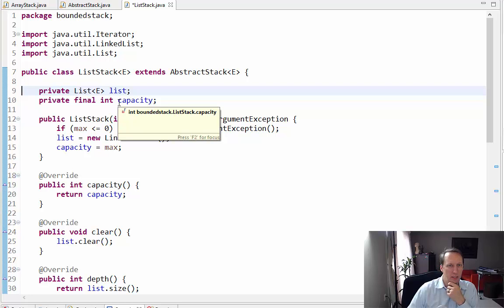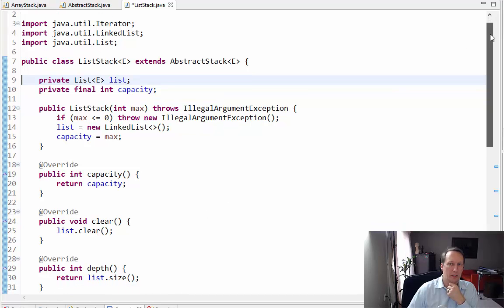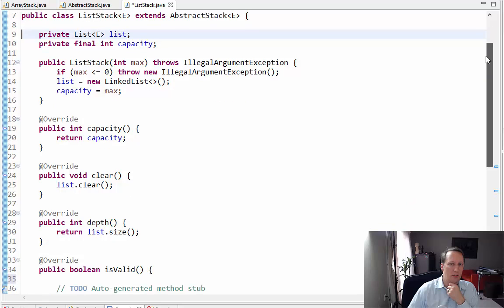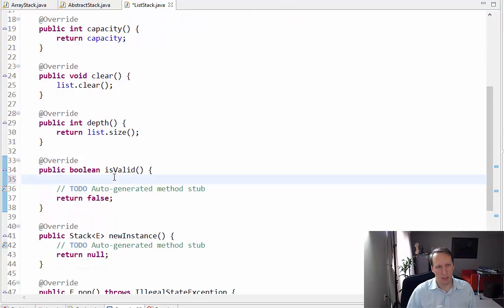And it's going to have to be greater than or equal to the current size of the list. Okay. Off the top of my head, those are the only conditions I can think of. So is valid, I'm going to return